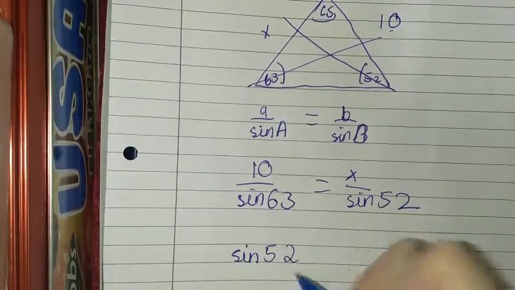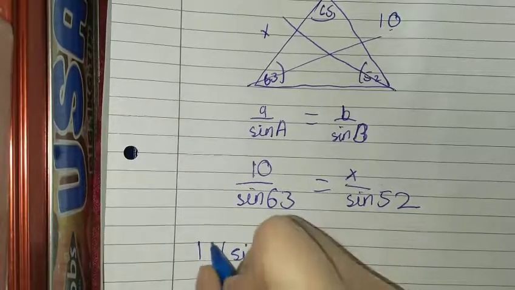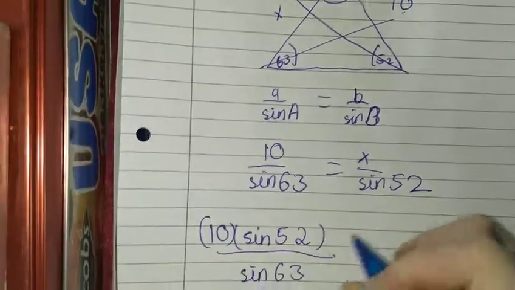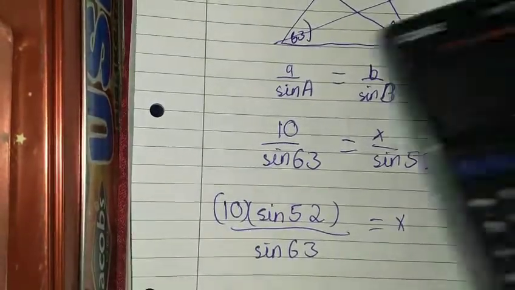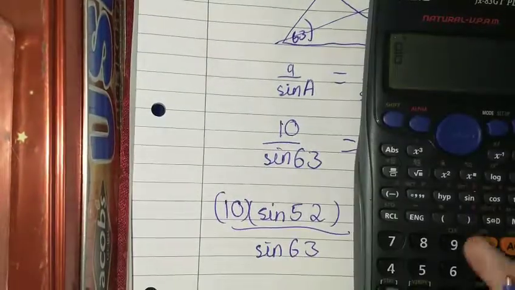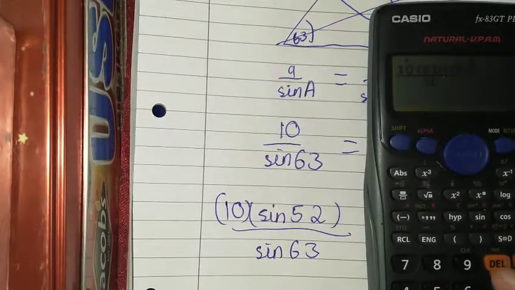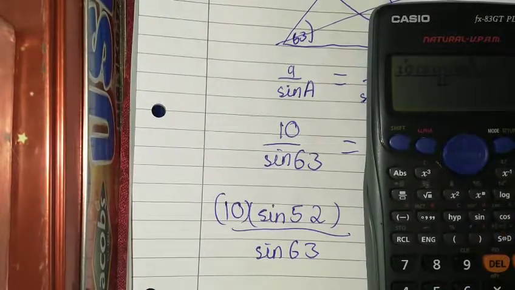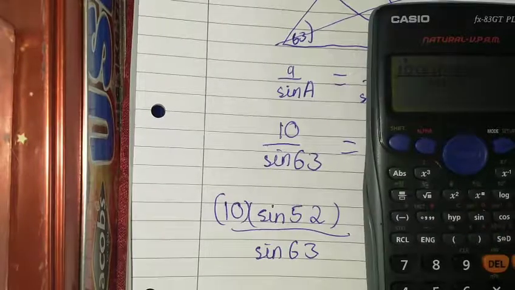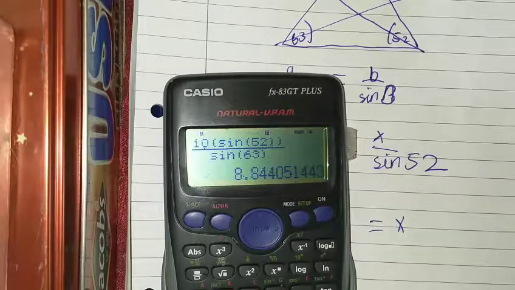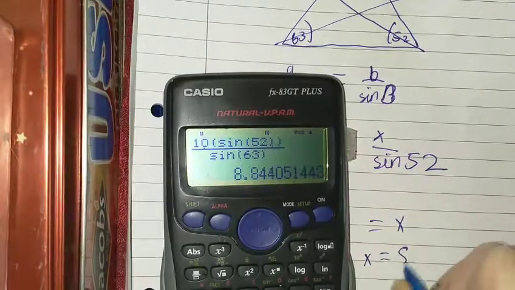So I'll be multiplying by it when I bring it over to this side here. And then that's over sin of 63. And that will give me x. So the way I plug that into my calculator, I'll just do it out first: 10 sin 52 over sin of 63. So I plug it into my calculator like that, and then I get x is equal to